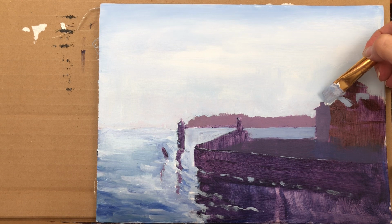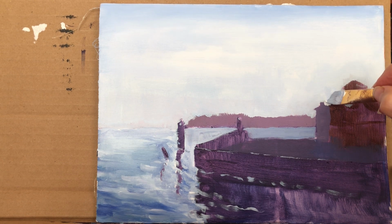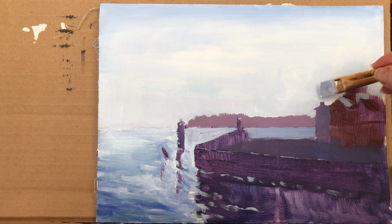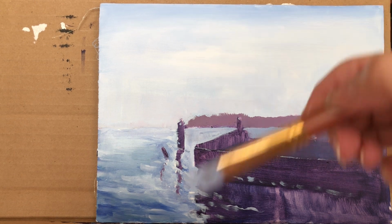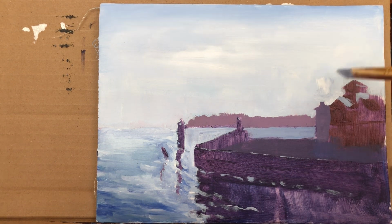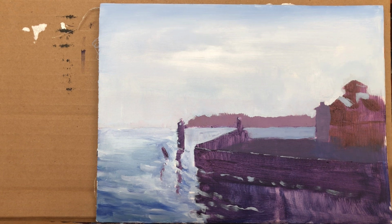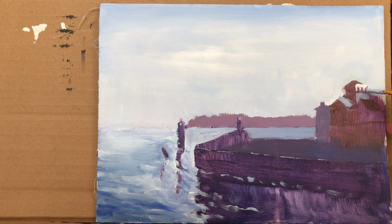And this building behind, I don't know what building was that exactly, or what was that building doing there, but it definitely was in the back, and it looks in the back because we used blue. Blue and lighter colors push things back, whereas red and yellow with less white push things to the front. Okay,